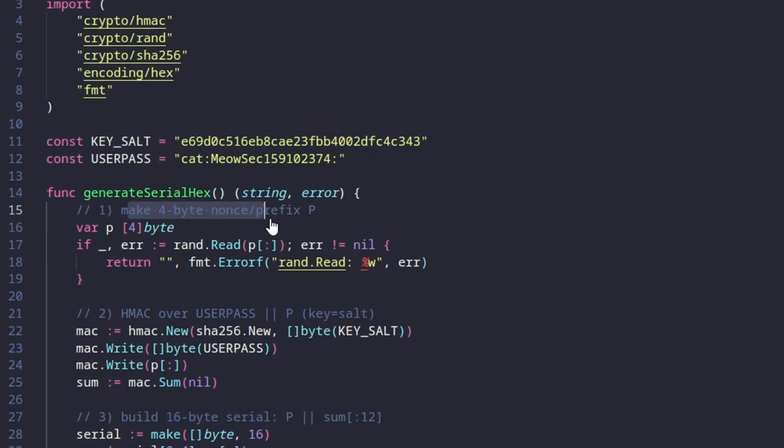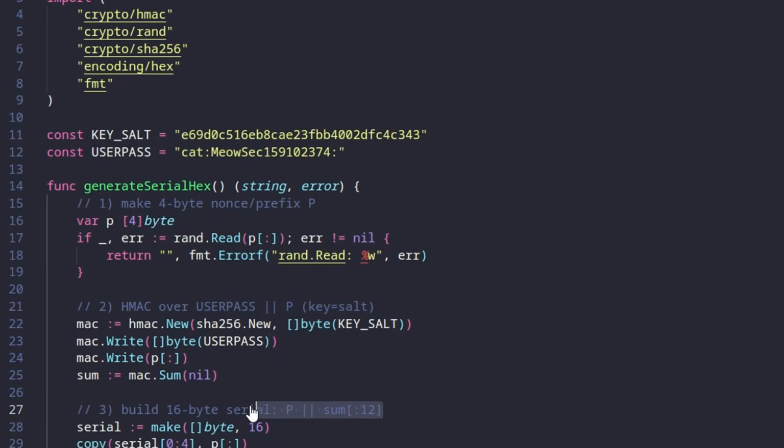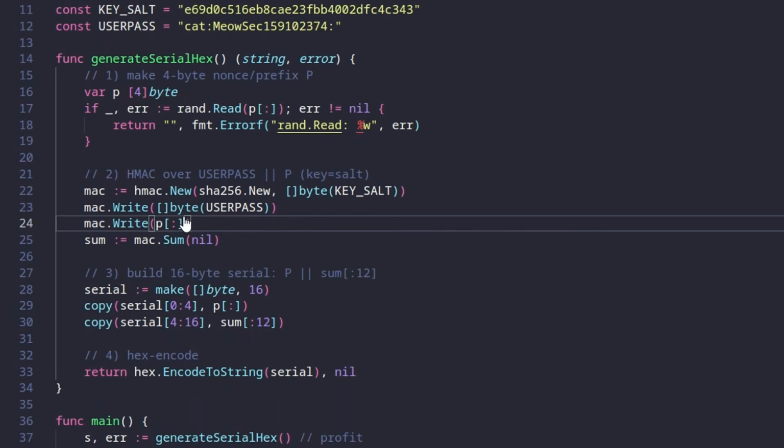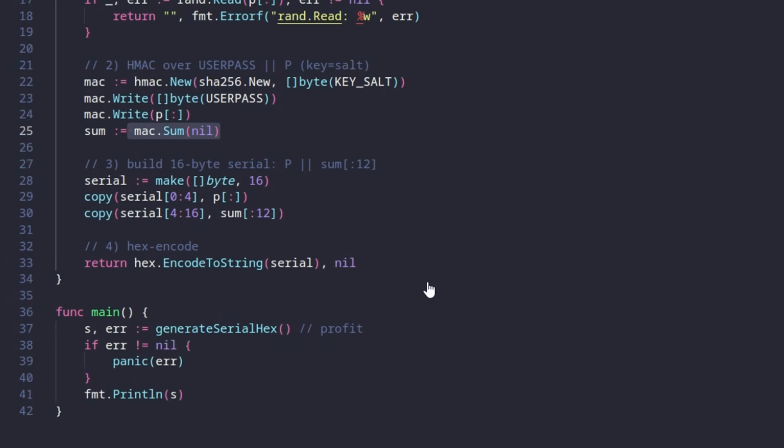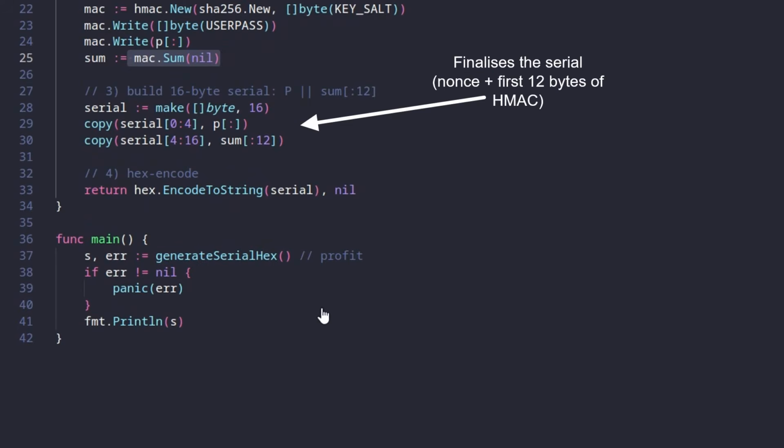It's got the key salt still. It is going to use a random 4 bytes, so we get a different serial each time. That's going to be the 4 byte nonce or the prefix. And then it's going to do the HMAC with the user pass. Oh, sorry, I missed this part. So it was doing the user pass, and then it's writing the nonce as well. It's generating the HMAC,